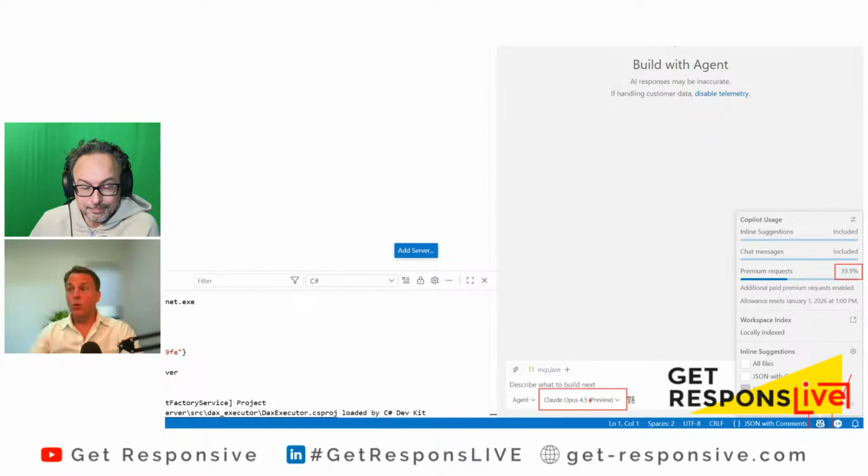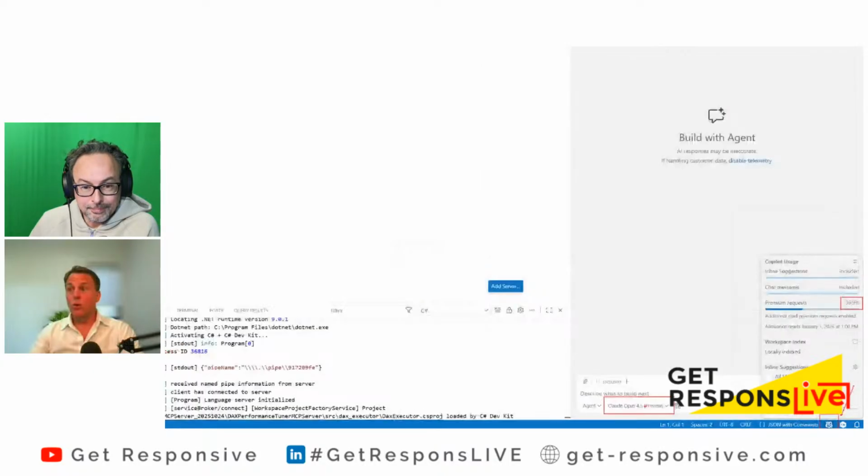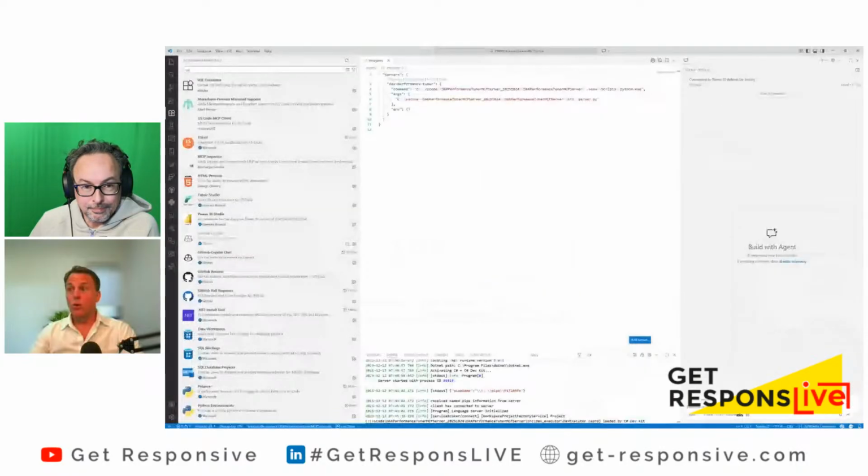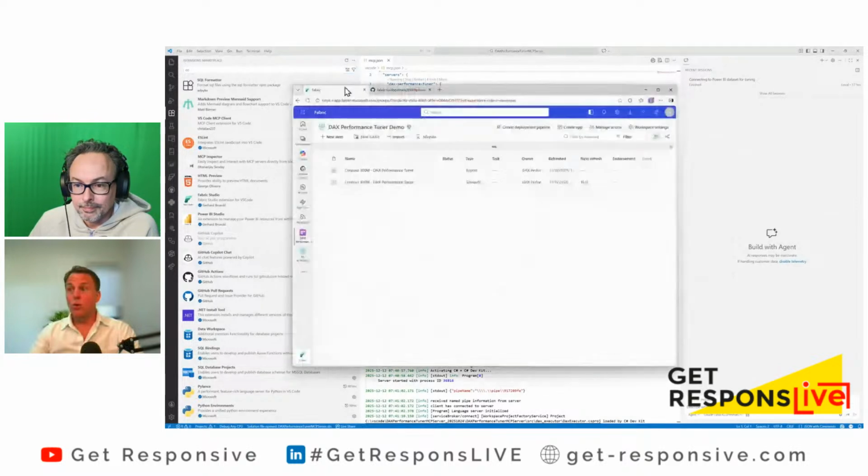And, you know, Visual Studio Code has the ability for you to go to manage models and put in a key. Maybe you've purchased a language model from one of them, you know, Google or Grok or Anthropic, etc. There are other ways that you can get this in. So we have an MCP server running. I want to optimize some DAX. So let's go back to my report that I showed you earlier and capture some DAX that we want to optimize. So what I'm going to do is go into the report,